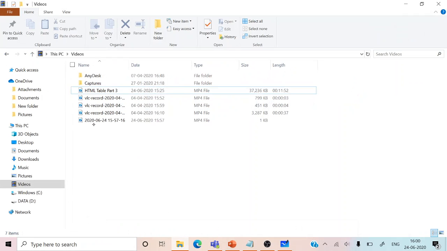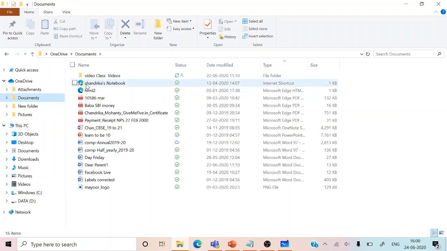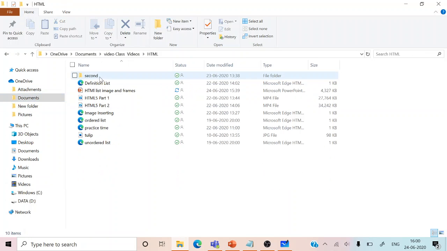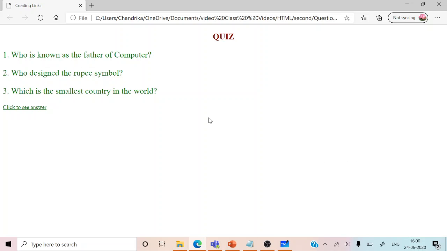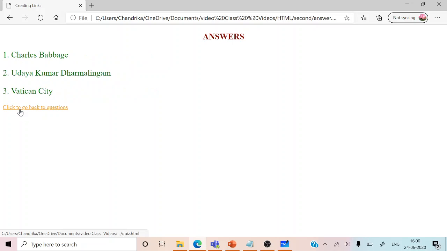Let's see an example of the same. Here we have this HTML program file where you are seeing the questions, and click here, which is a hyperlink the moment I keep the mouse on this particular link. So we are going to the next question.